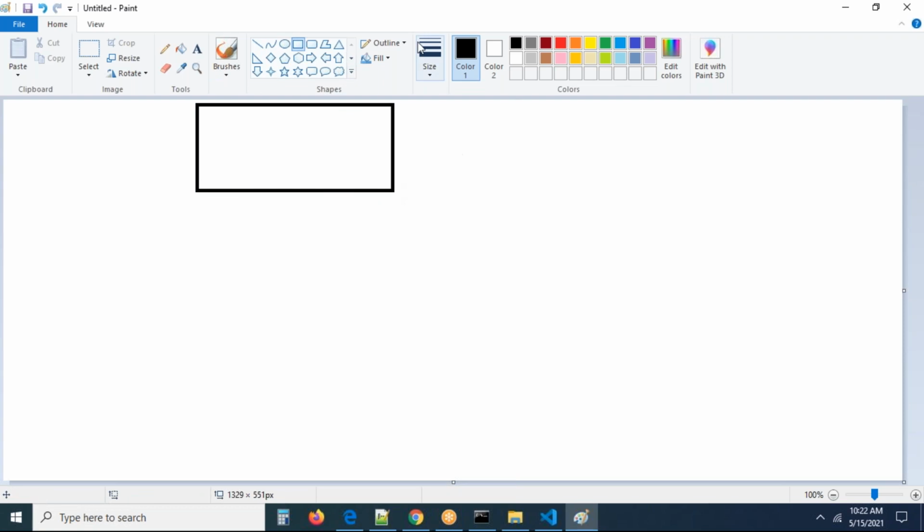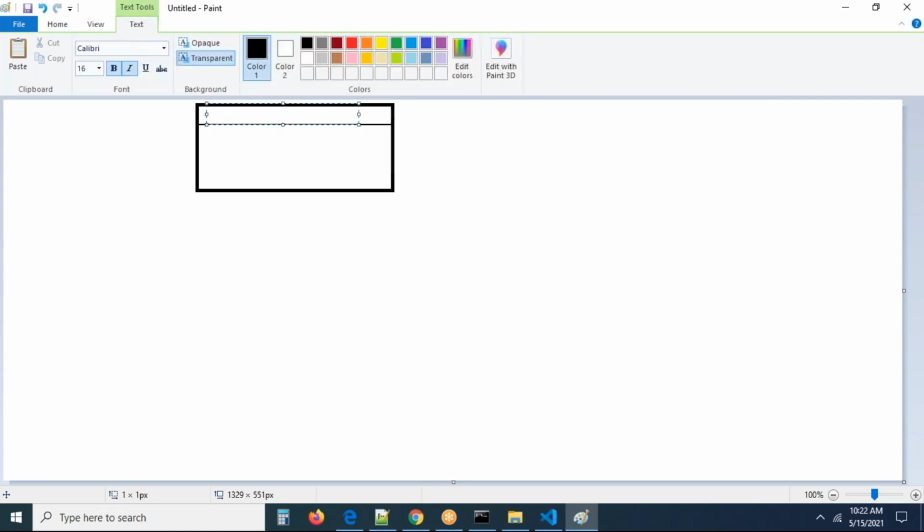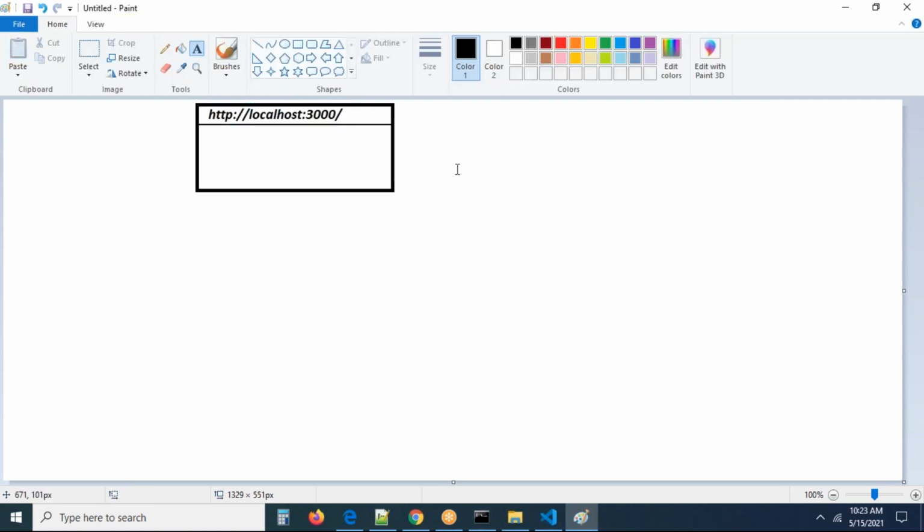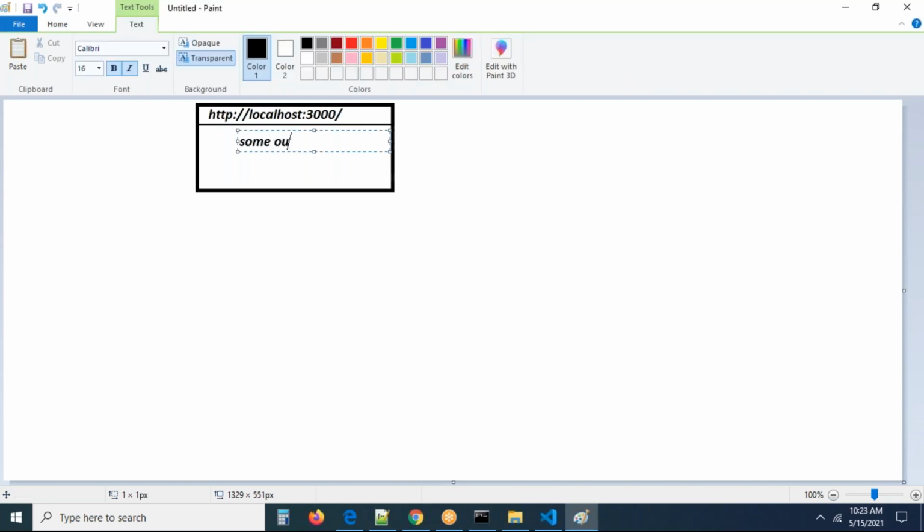In the browser, you are typing http colon slash slash localhost, this is the URL you are typing, and you are hitting the enter button. On the screen you are getting some output now. We are able to see some output on the screen.